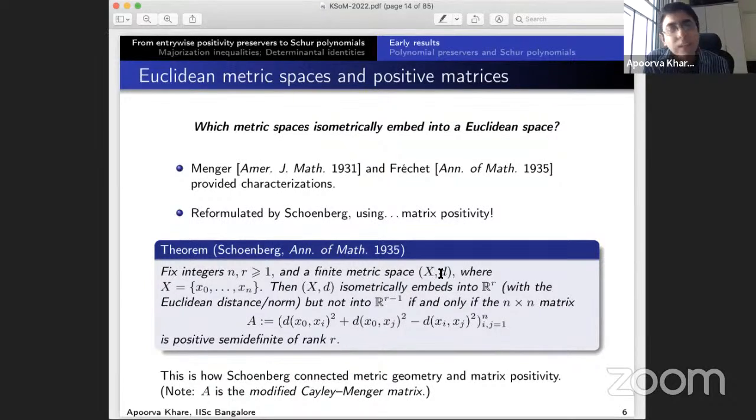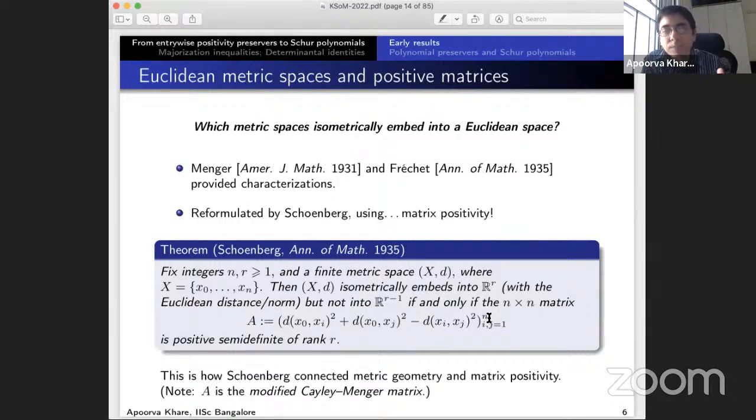Fix a finite metric space of size n plus 1. Then that embeds isometrically into a Euclidean space, an L2 metric. And he also tells us what is the smallest size to which it embeds. Of course, once it embeds in one space, it can embed in everything bigger. But what is the smallest size? Well, it embeds into the smallest size if and only if this particular matrix